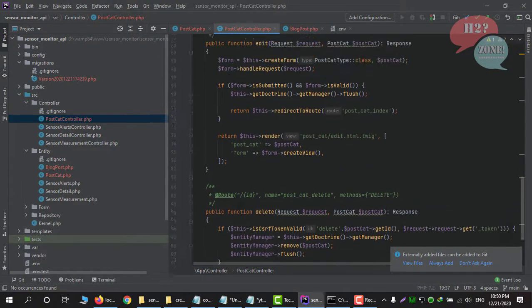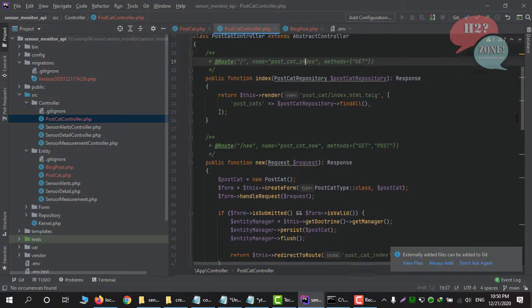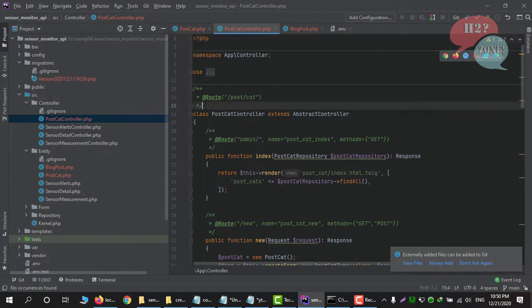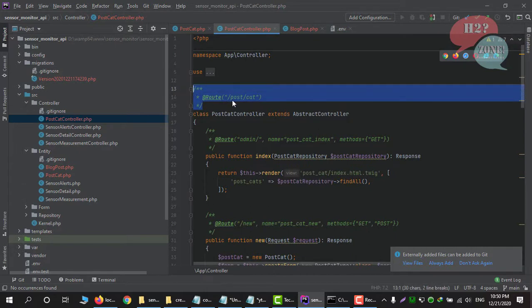Now everything is ready, but instead of the normal URL, we want to make it an admin one. We are going to delete this part, which automatically uses postcat and then appends the URL. So I am going to make each URL on my own.